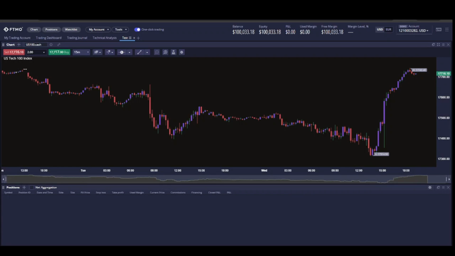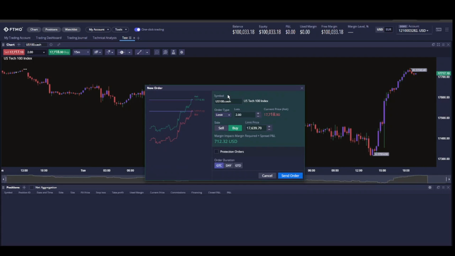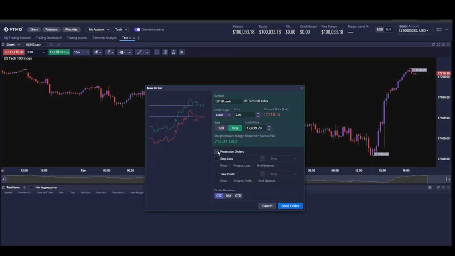If you need to specify stop loss and take profit while one-click trading is enabled, then all you have to do is right click and click on buy or sell, and it will give you the option to specify stop loss, take profit, and order type. Even though one-click trading is enabled, it will still ask for confirmation. So I think this is still a good option. We have multiple options to choose from.